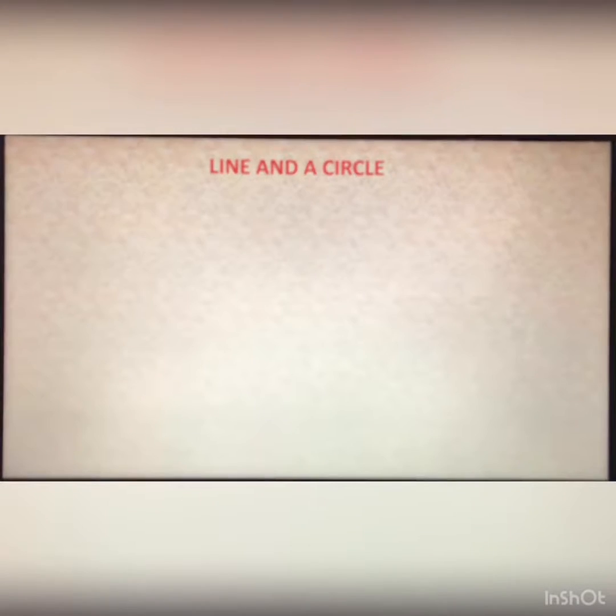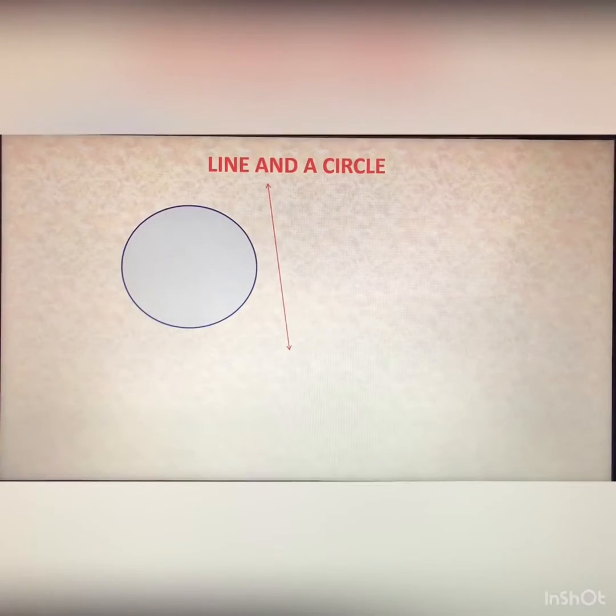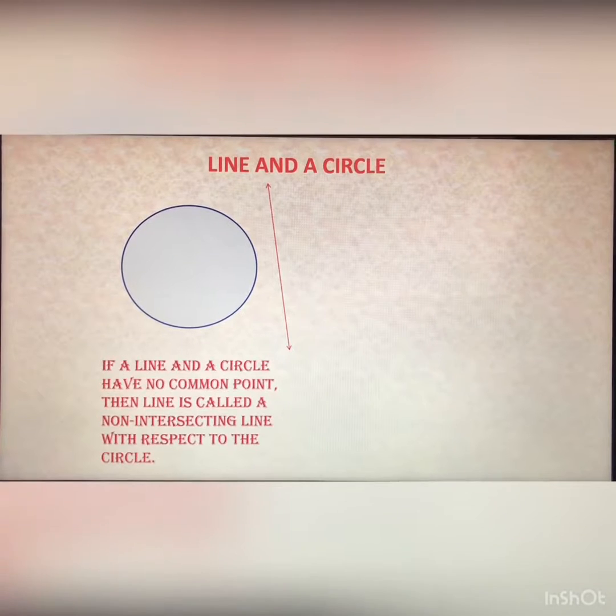Now line and a circle. So dear, you can see here is a circle and this one is a line which you are seeing in this. So if a line and a circle have no common point, then the line is called a non-intersecting line with respect to the circle. So keep in mind, अगर line और circle का कोई भी common point नहीं है तो हम इस लाइन को नॉन इंटरसेक्टिंग लाइन कहेंगे।